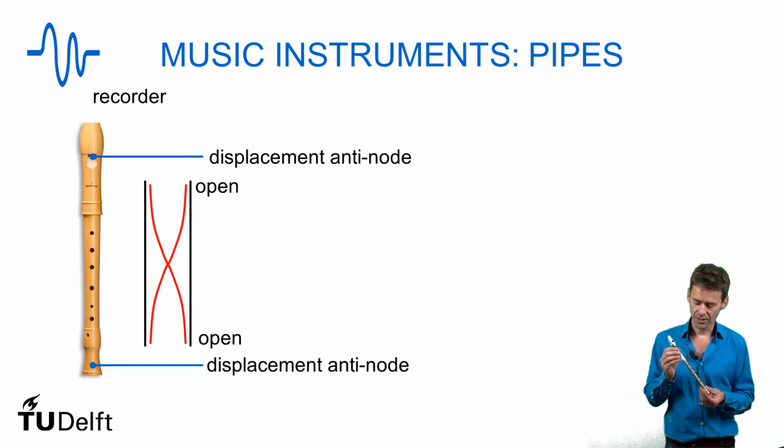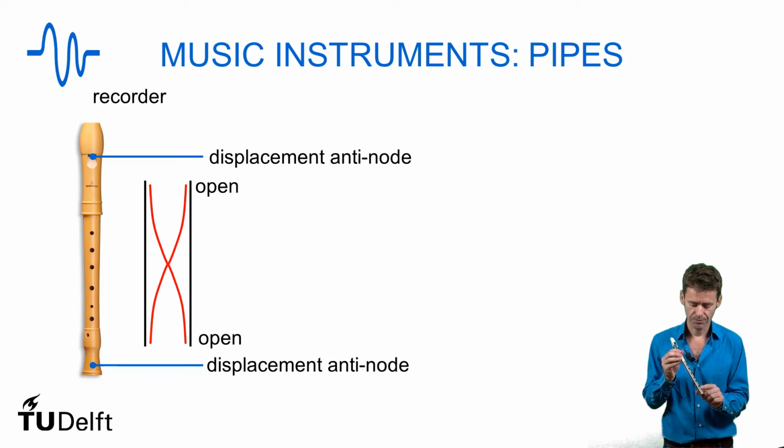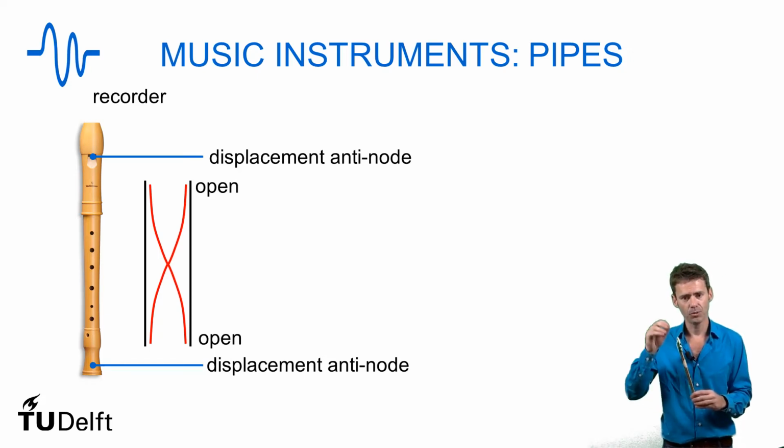Okay, so here you see a flute. I can whistle on the flute or blow in the flute from this side, and there are holes in the flute on this side. So there are a few ways that I can change the pitch of the flute. The first way is to change the velocity with which I send sound waves into the flute. You can hear it in the following way.